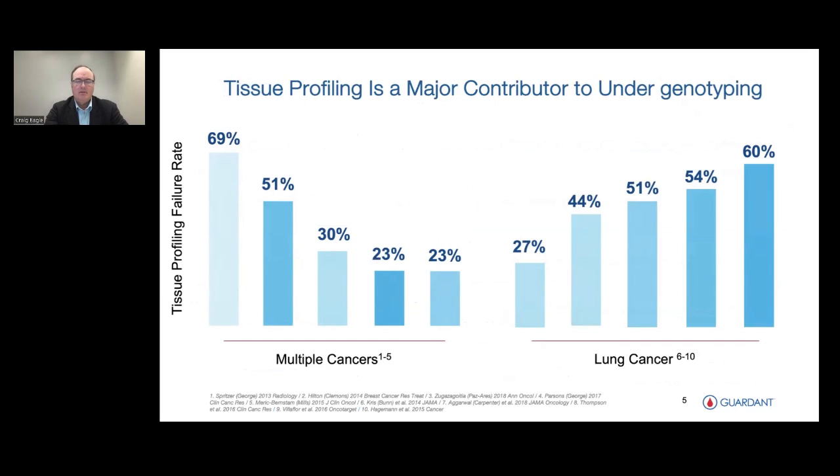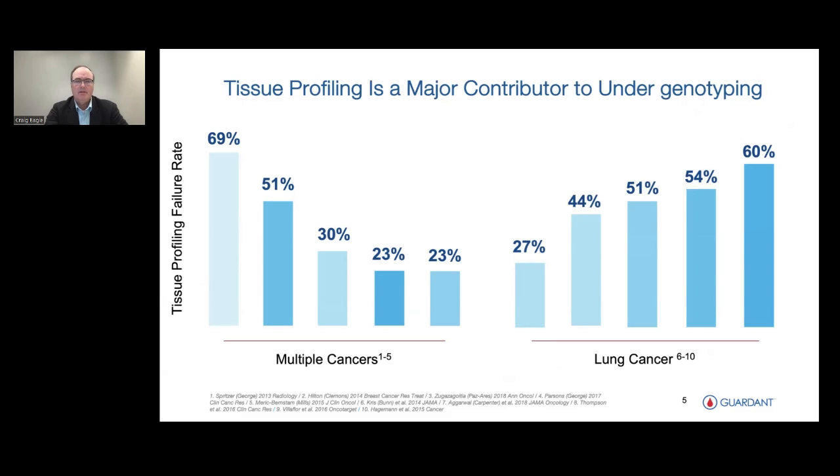whether it be multiple different types of cancer or even an example like lung cancer on the right, you can see that the tissue, when it's sampled, is actually used for multiple purposes. First and foremost is to diagnose the person with cancer. And this often involves consuming the tissue and using it for that testing initially. This often results in a lack of tissue that's available for a patient to undergo genomic or genotype testing or